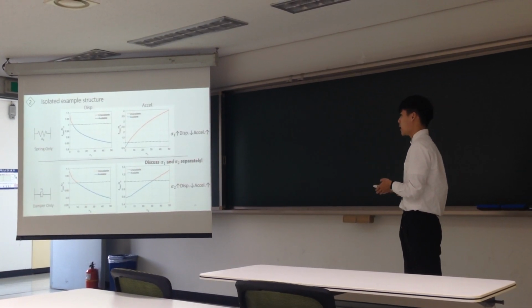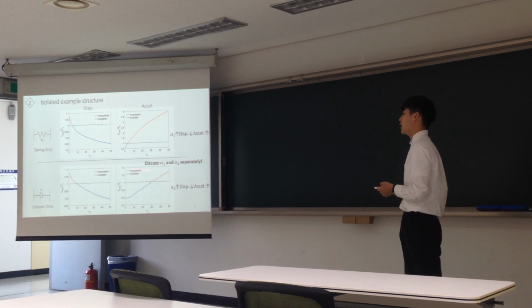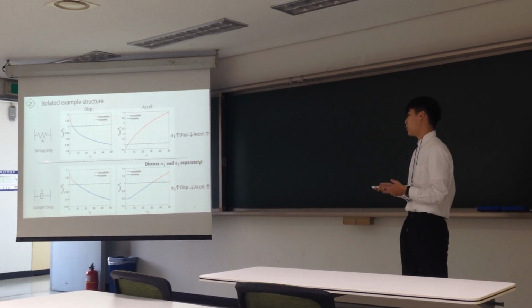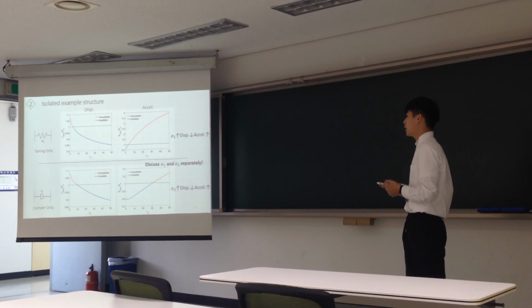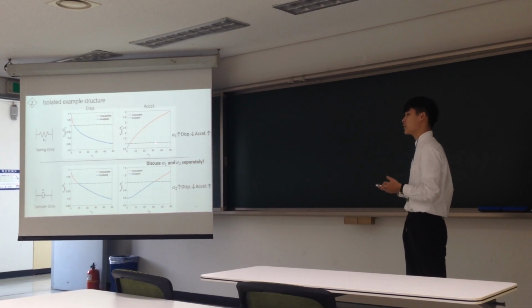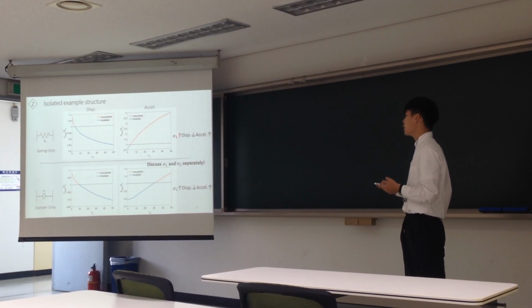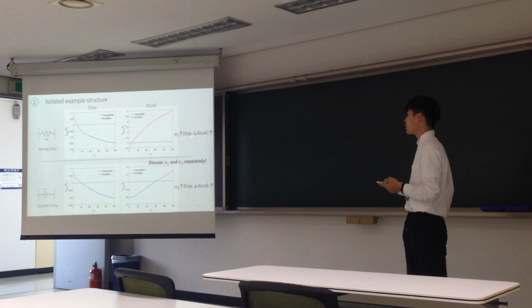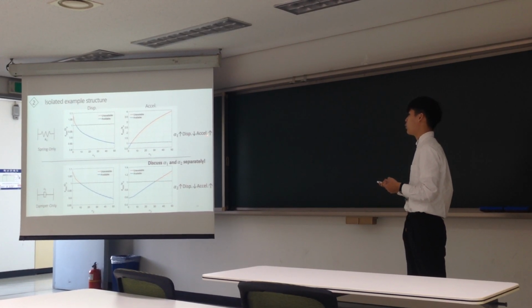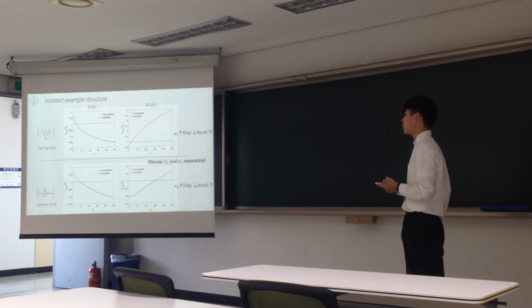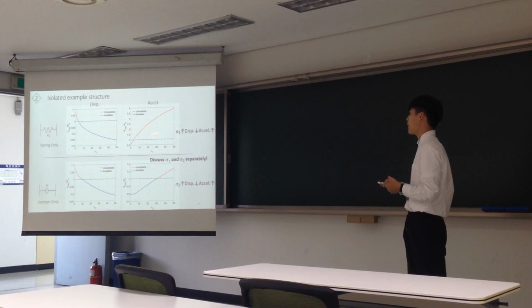And if we discuss alpha 1 and alpha 2 separately, it means that we discuss the spring and the damper separately. And as the simulation result shows, when alpha 1 is bigger, the displacement will decrease. However, the acceleration will increase. So as alpha 2, which means that when alpha 1 is bigger, the displacement will fall into the available range,